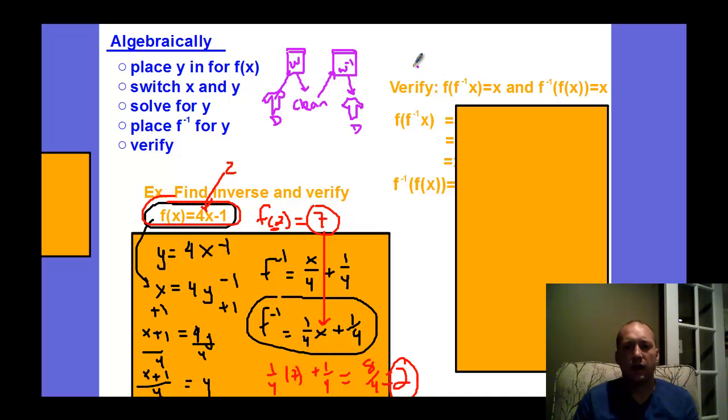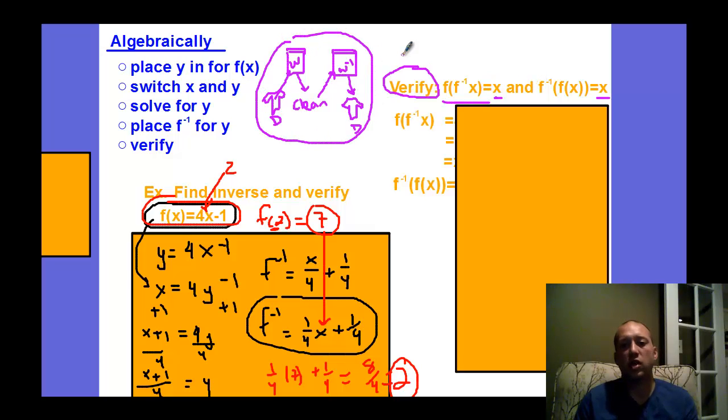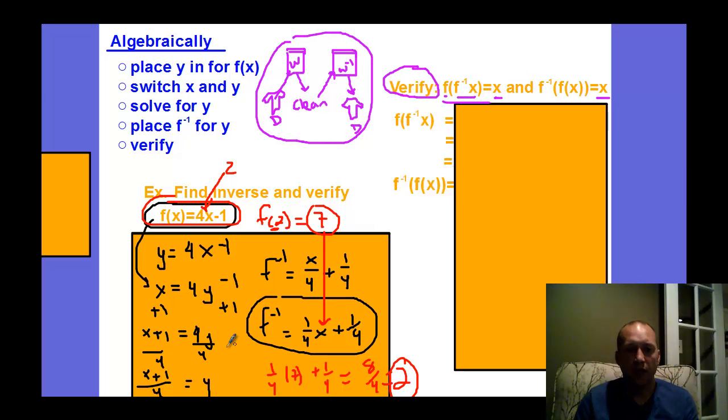Now here's that word verify again. Whenever you see that, you have to check that f of the inverse of f of x is equal to x, and the inverse of f of x is also equal to x. The point of this is you're really checking to see if it's undoing itself. You're checking to see if the second function undoes the first function's math. Let's verify with these